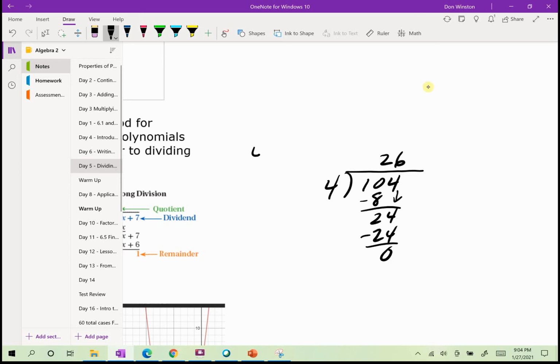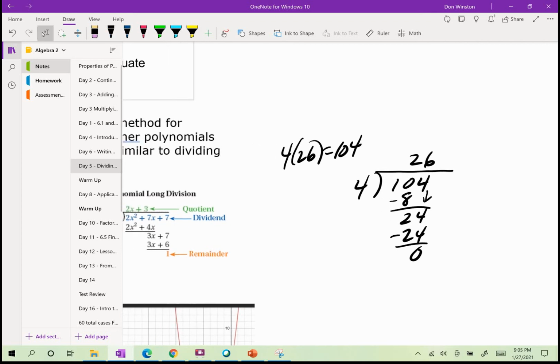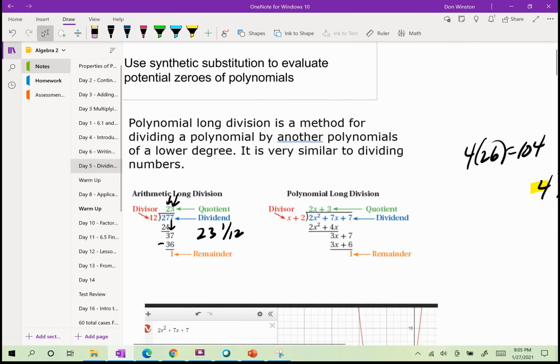So we would say that 4 is a factor of 104. Well, 4 times 26 is 104. Or 26 is a factor of 104. Okay, so when the divisor is a factor of the dividend, we'll always get a remainder of 0. Now, division of